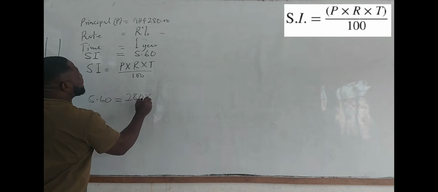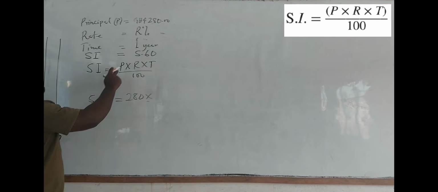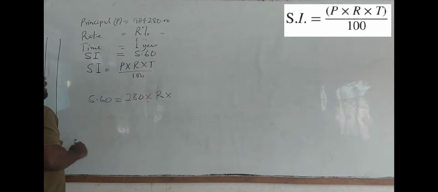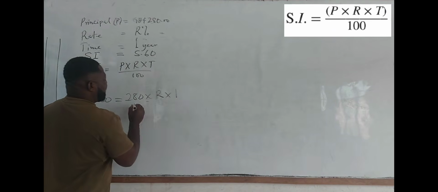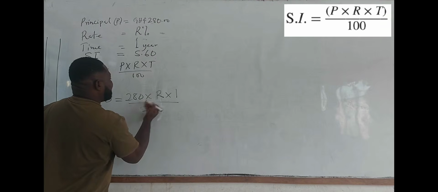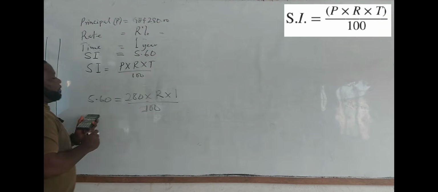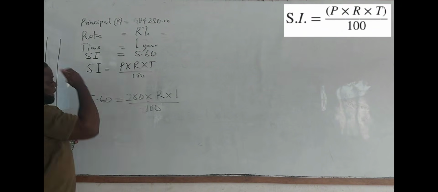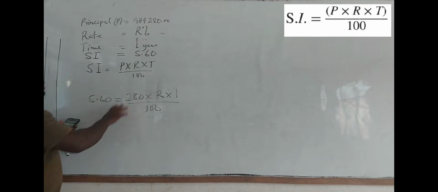280 cedis times the rate. So the rate we don't know, that is R, and then how many years? 1 year, all over 100, as we have here. So these are the things we are having in this question. And so in trying to solve this, we can easily say that we can cross multiply, or we multiply the